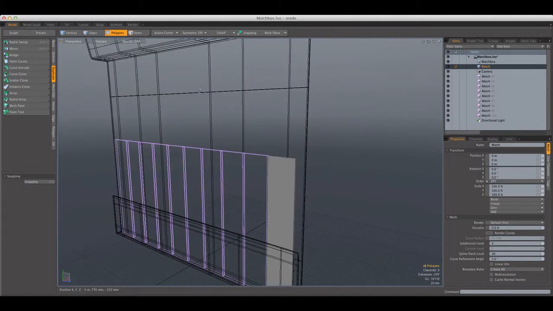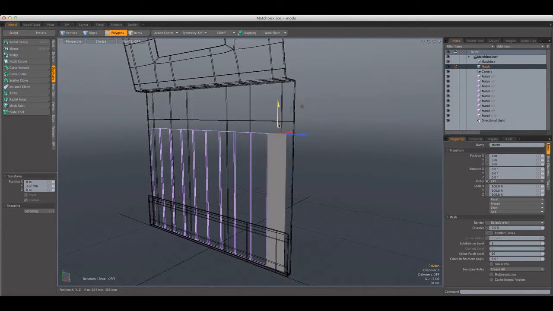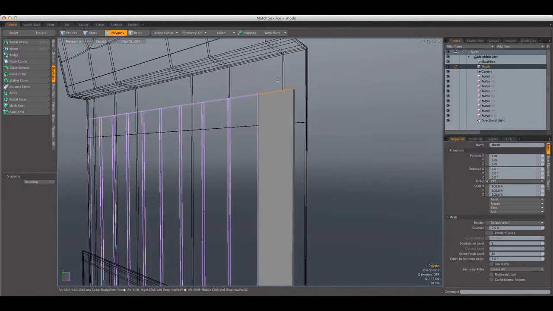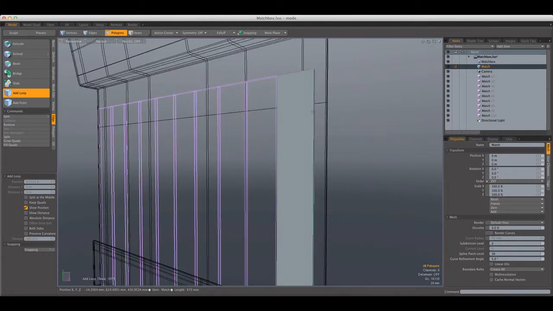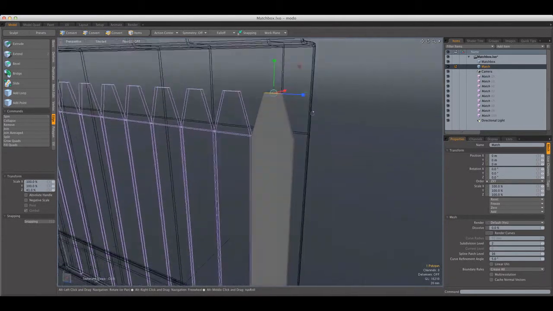Okay, and now we can just modify this one, and the others will update. So we're gonna bring it up to right about here, and we're gonna add a loop because we're gonna taper the head here a bit,